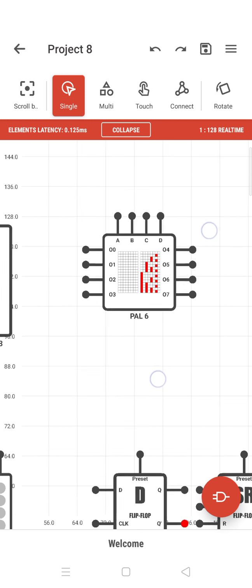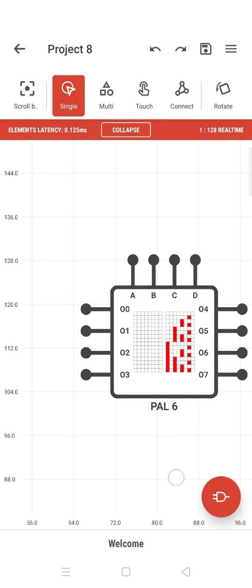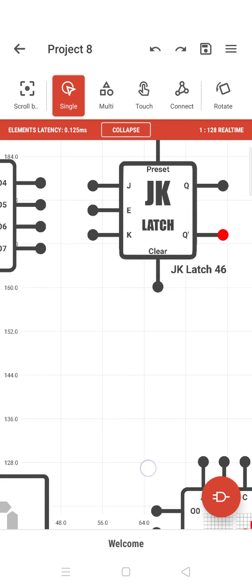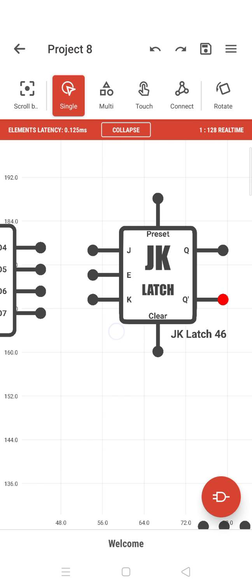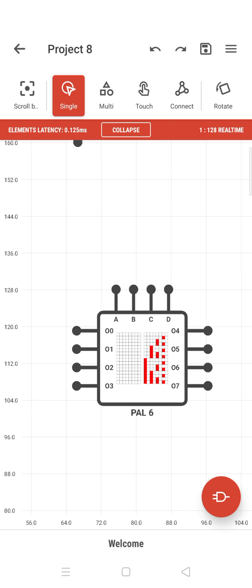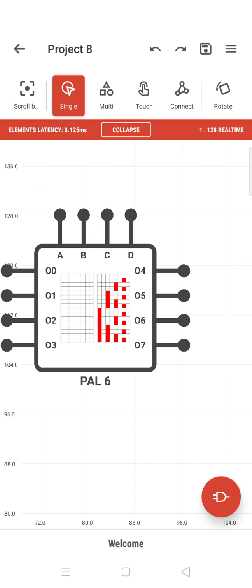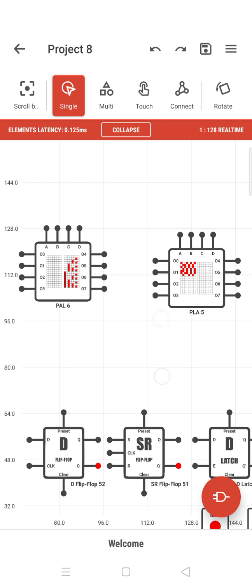Now this is PAL, programmable array logic. I told you already, we can put in some kind of gates and other things. These are called gate clusters. Like if you take 10 JK flip-flops, those are all JK clusters. And you can take those things and arrange them in here and put them in a PAL. This is a programmable array logic.